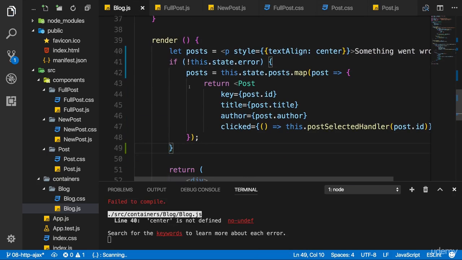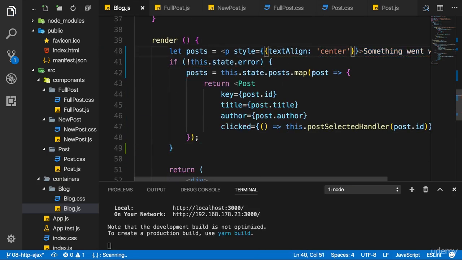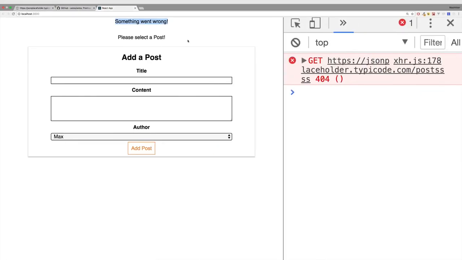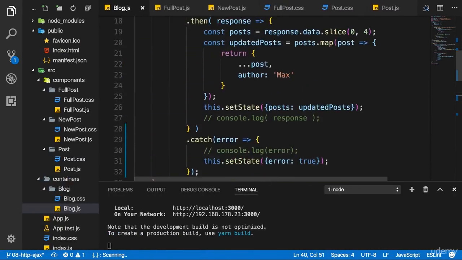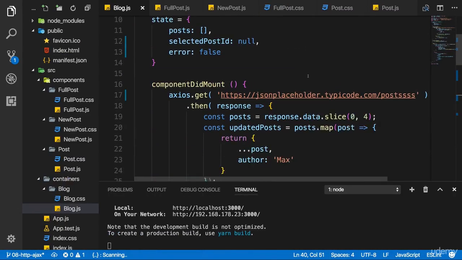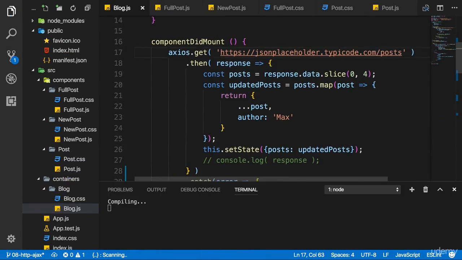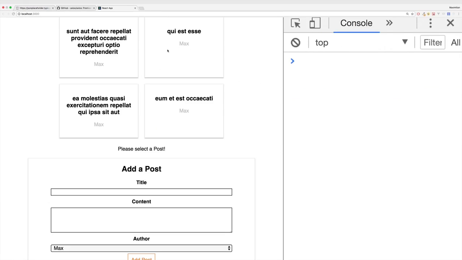So now with that, if we save this, and center should be a string, thank you. If we save this, now we see something went wrong here because now we have this error. Now if I return to my application and fix posts here to the correct URL, we would see the posts again instead. So that is a pretty cool way of handling errors, and that is something you definitely also need